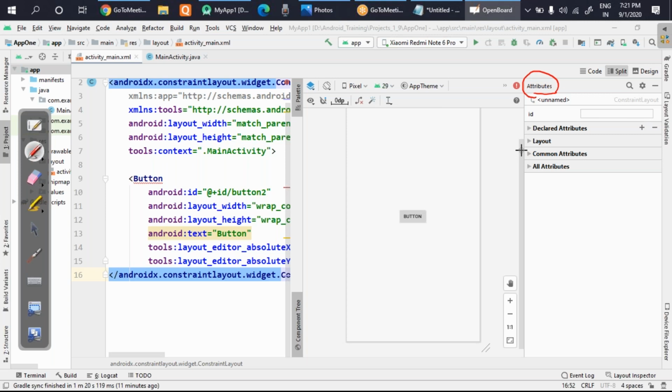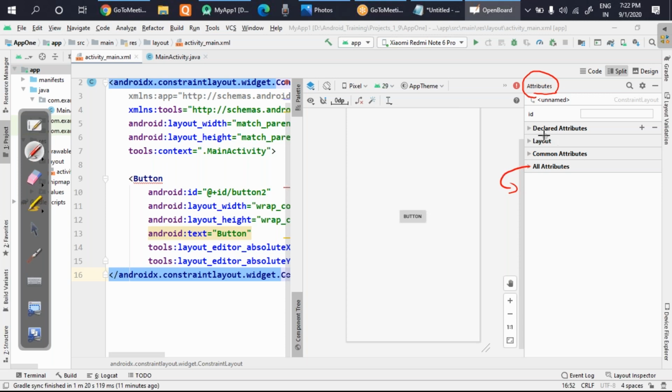Okay, so if you look here, all of you, in the attributes part, you can see there are 4 sections here. One is declared attributes, second one is layout, third one is common attributes, and the fourth one is all attributes. Okay, so in the section of all attributes, you will find every detail about this button.